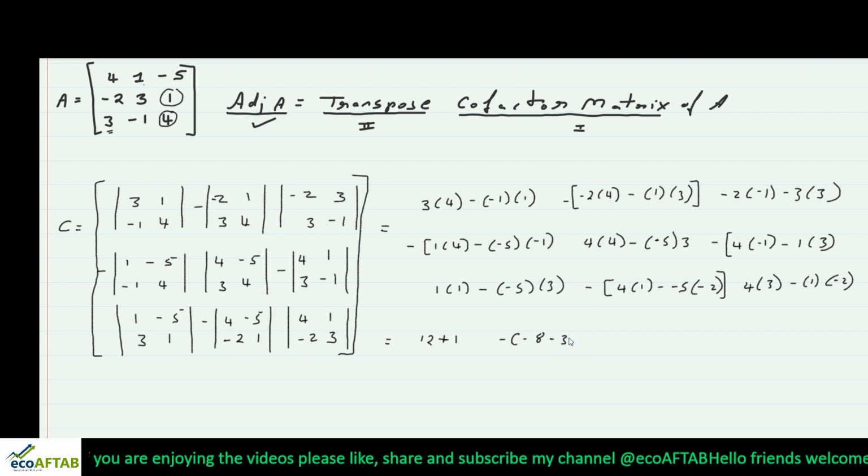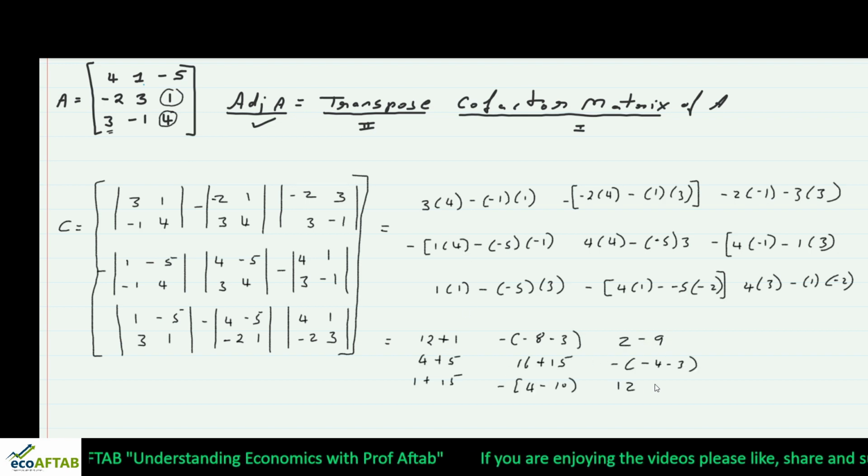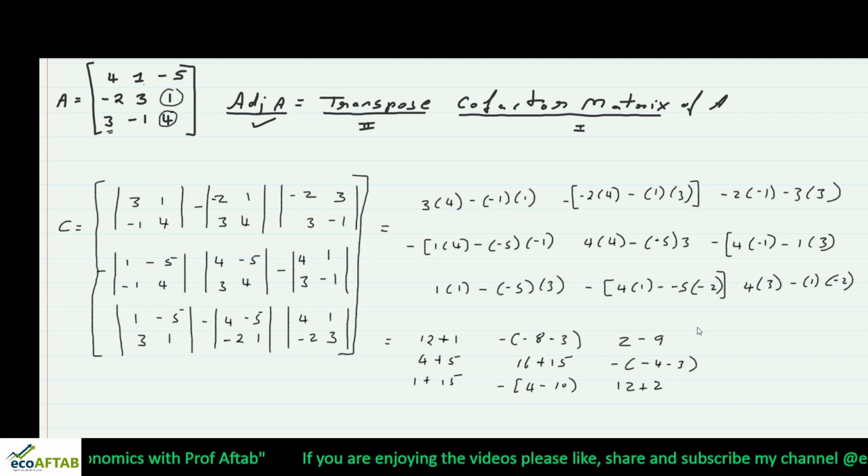So 8, so minus 2 into 4 minus 8 minus 3. So this is as it is. Then comes minus 2 into minus 1, 2, minus 9, and here it is 12 plus minus into minus 2 plus 2. So when we simplify this thing,